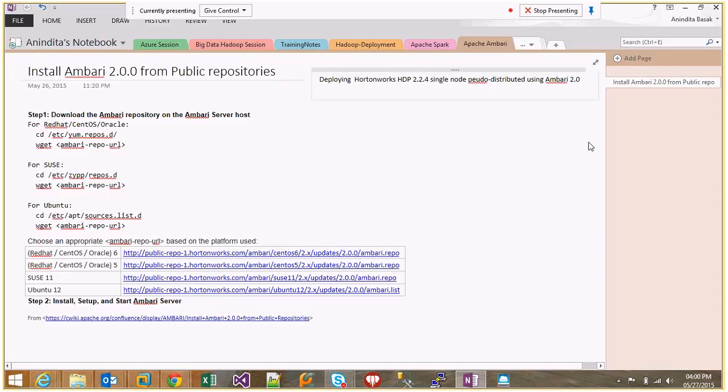So in this demo, you'd be watching the steps of deploying Hortonworks HDP 2.2.4 as a single node pseudo-distributed mode using Apache Ambari 2.0, which recently got released by the Apache Software Foundation. So we'd be going through the demo steps of how to deploy Apache Ambari, and with the help of Apache Ambari, how to deploy HDP 2.2.4, which has some pretty new exciting features, and we can perform the demo steps over AWS